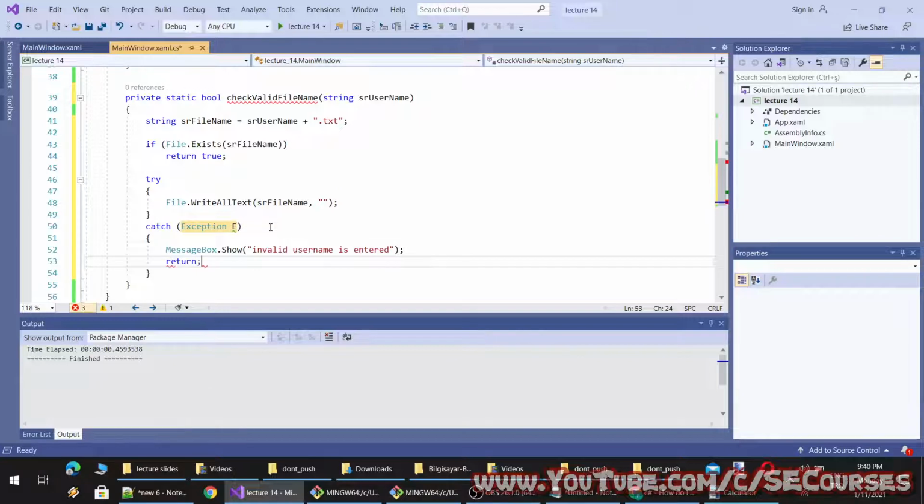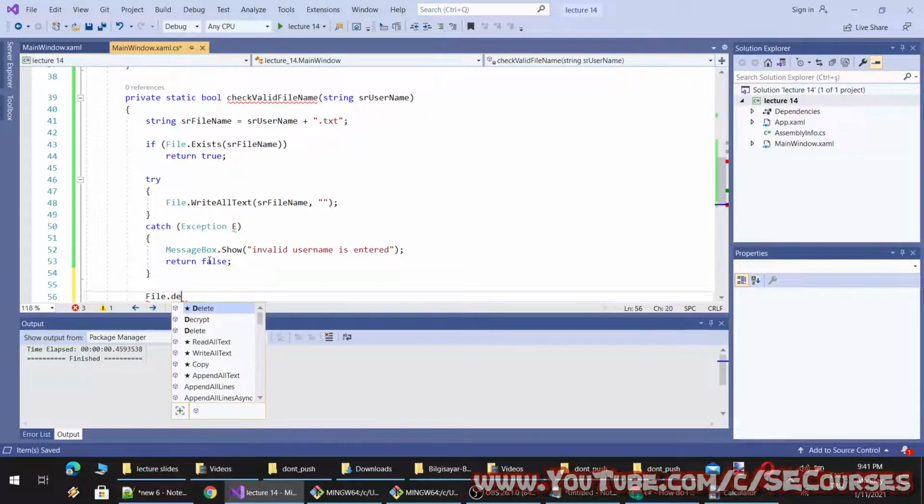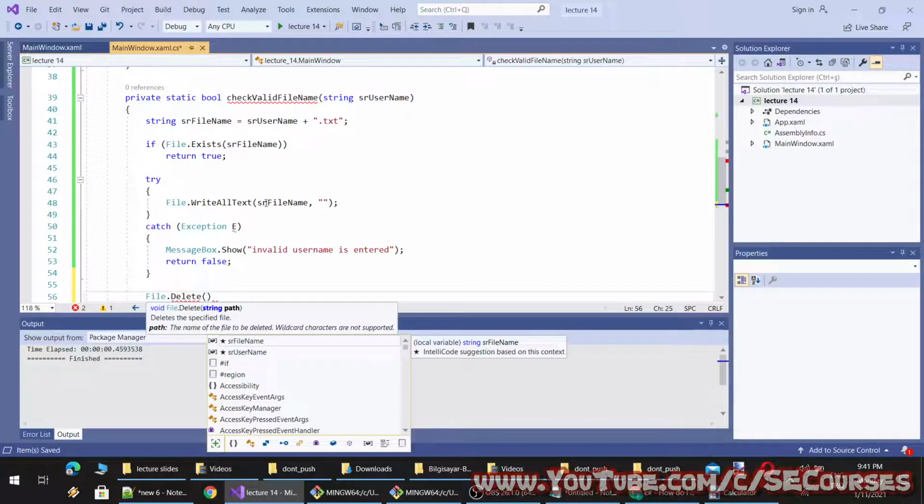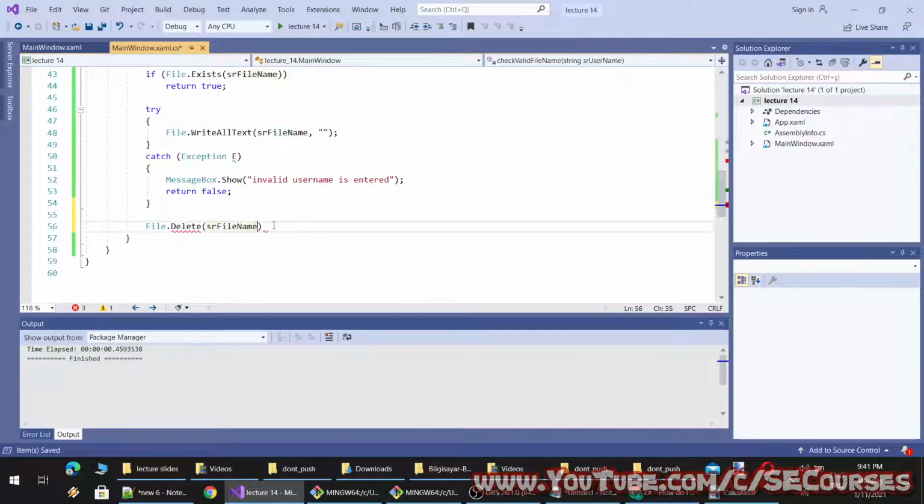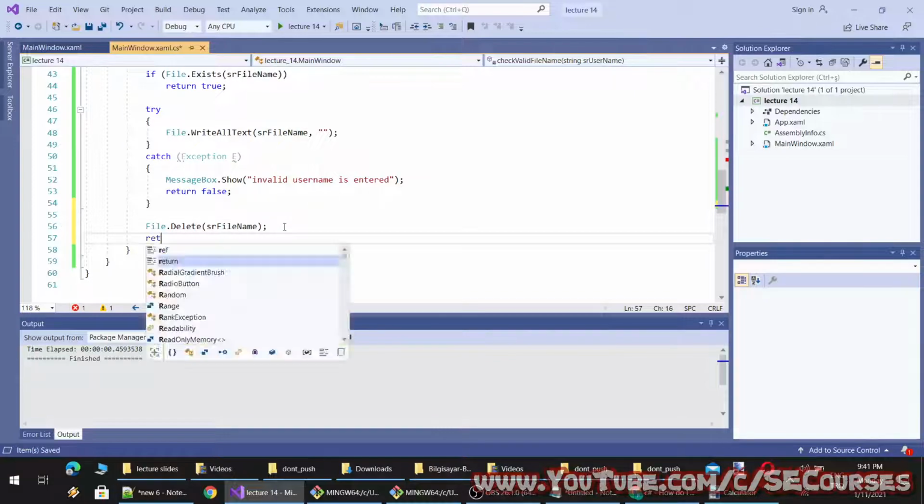And then return false. But before that, we will delete that file because we shouldn't compose it yet, and then return.